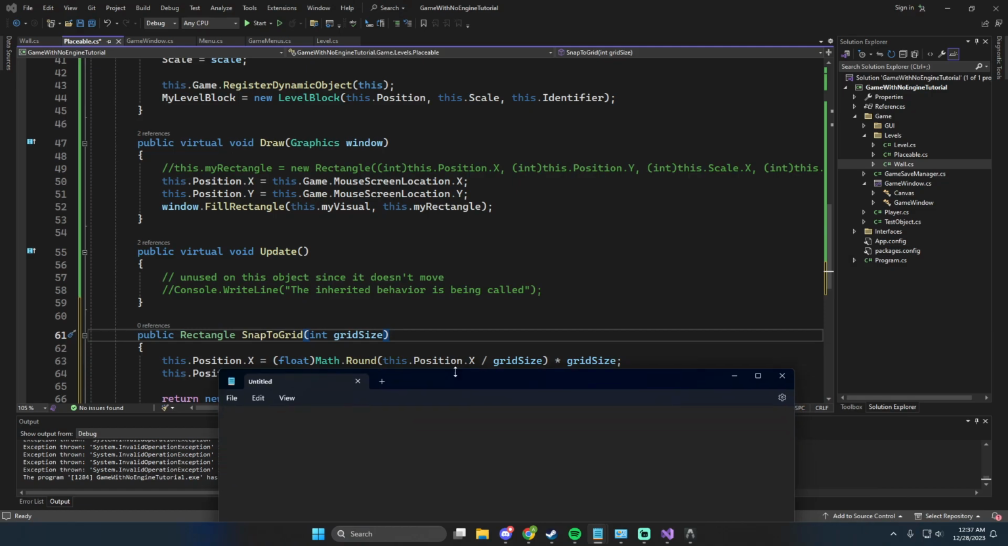So say it's 100. This will be really easy. Take 100 divided by 50 equals 2. 2 times 50 equals 100. Let's take this to